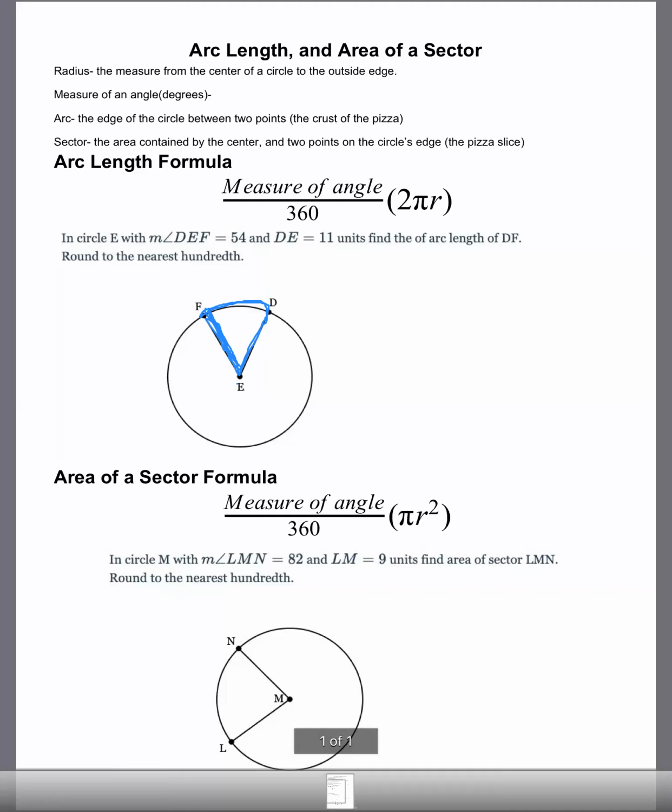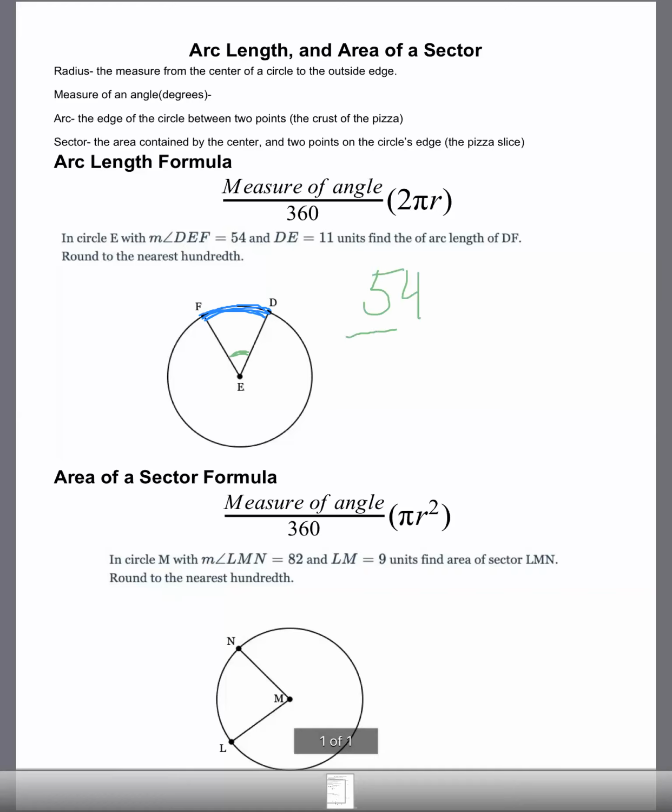So then we have two different types of formulas. One is for the arc length, which just as a reminder, is here, FD. So that's what we're looking for. We want to figure out how long that is. And the way we're going to do that is it gives us the information that the angle measurement, so this angle right here, the measure of the angle is 54. So we would use the formula and it would be 54